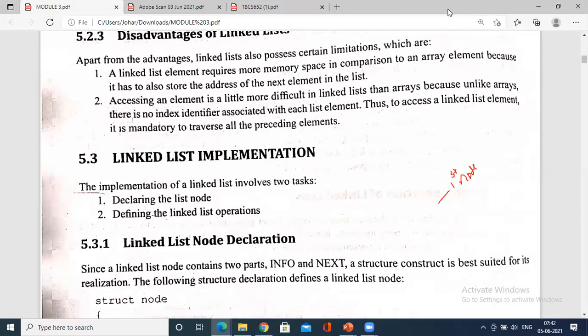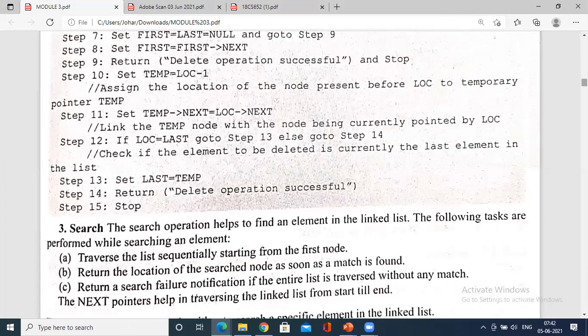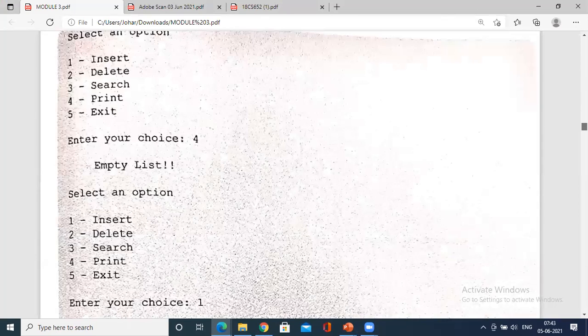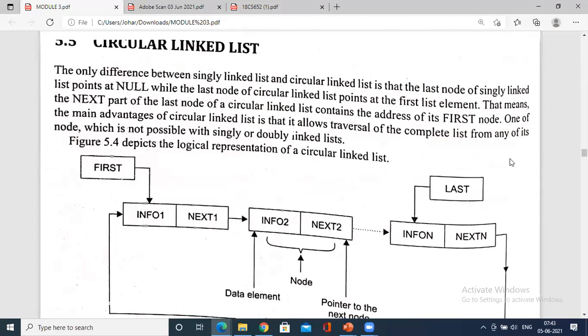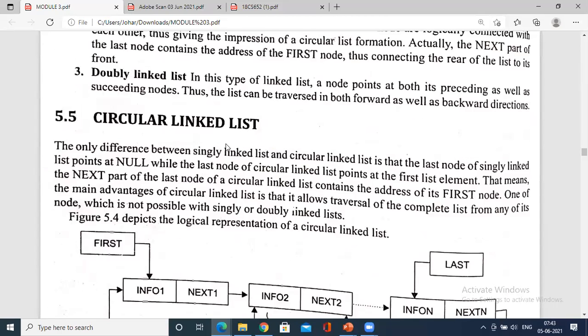Circular list. So let me go with this. First let us go with the structure, because as per the syllabus, he has directly gone into insertion and deletion. You might find it very difficult without understanding the basics of insertion and deletion of a linked list. So let me go with the structures of the different lists, and let me follow one insertion and one deletion using a program. Then you will find it easy. Coming to the circular list, why I'm stressing is because in the exam, the possible question could be to explain the types of linked list, right? With the needed diagram. At that time you should be able to analyze it and write it properly.